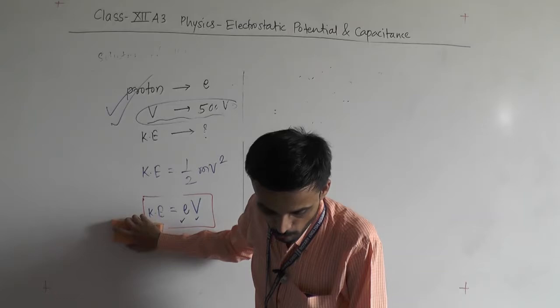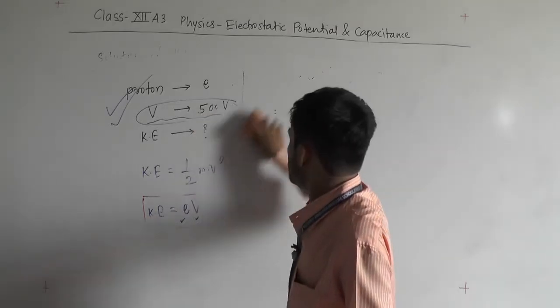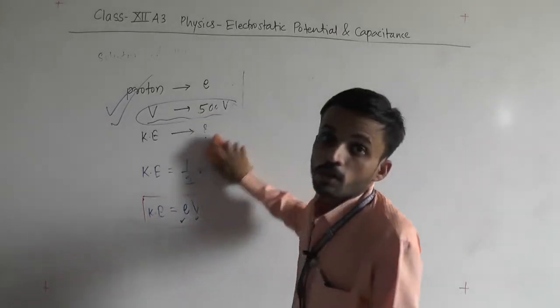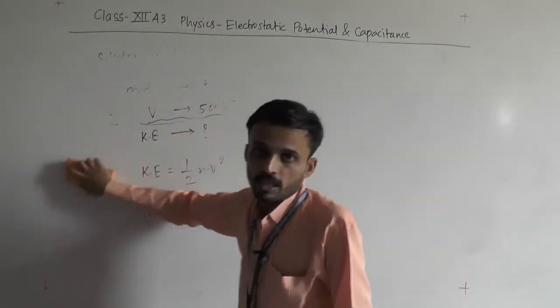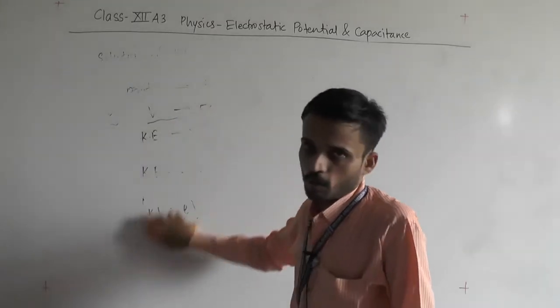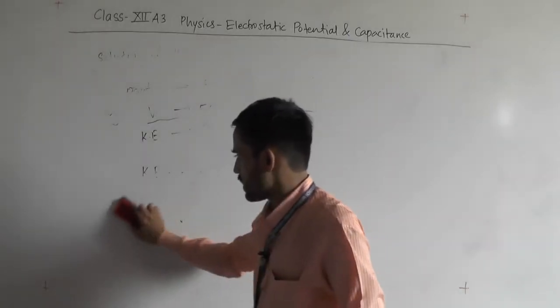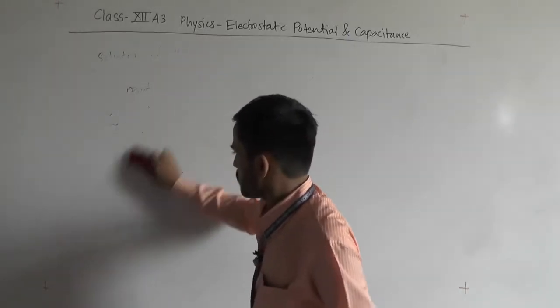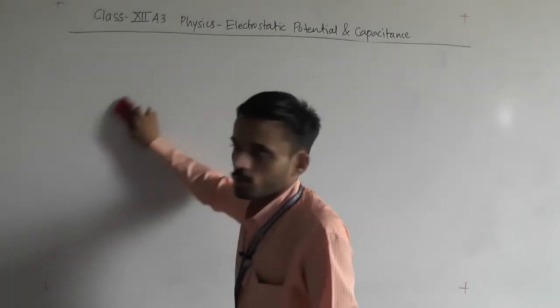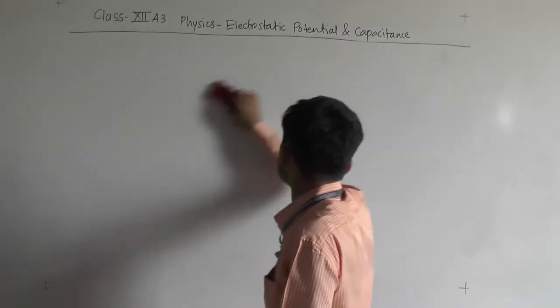Okay. And next problem, alpha particle. Alpha particle means 2He4, that is, a helium nucleus. So you can calculate the number of protons, and in that way you can calculate the potential. The same way, kinetic energy will be EV. The same formula you will use. There is no difficulty in that.